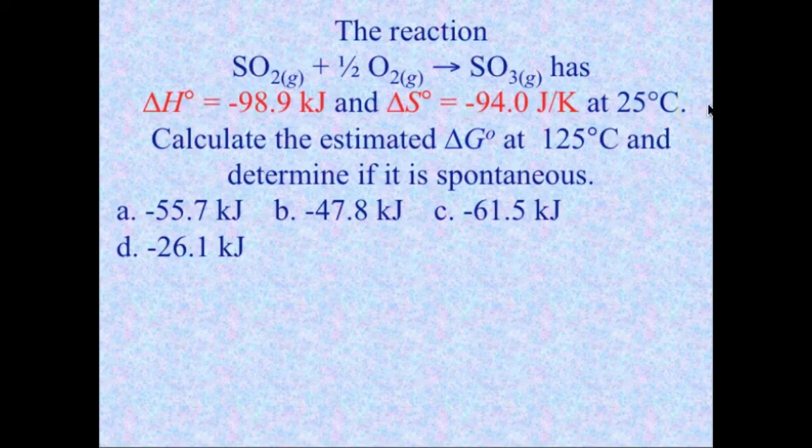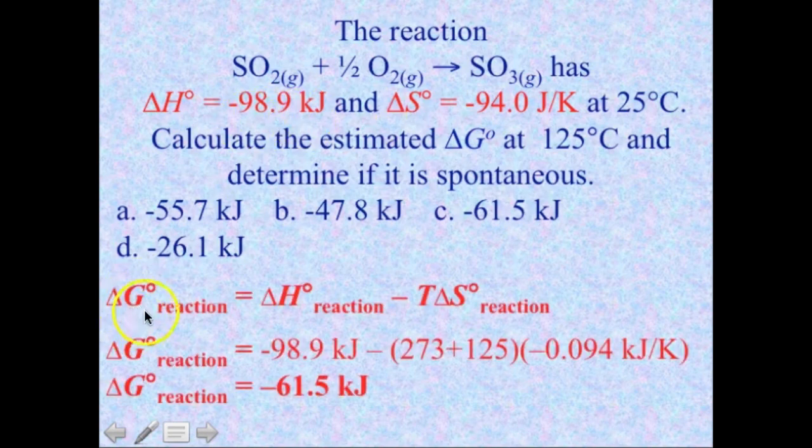So what you need to know to calculate this is that the change in enthalpy and the change of entropy at temperatures other than 25 degrees Celsius are not that much different than those values at 25 degrees Celsius. So you can use the values you determine for the change in entropy and enthalpy that you find in the tables and just change the temperature in the free energy equation to the desired temperature. Turn your playback off, see if you can calculate this, then we'll show you the answer.